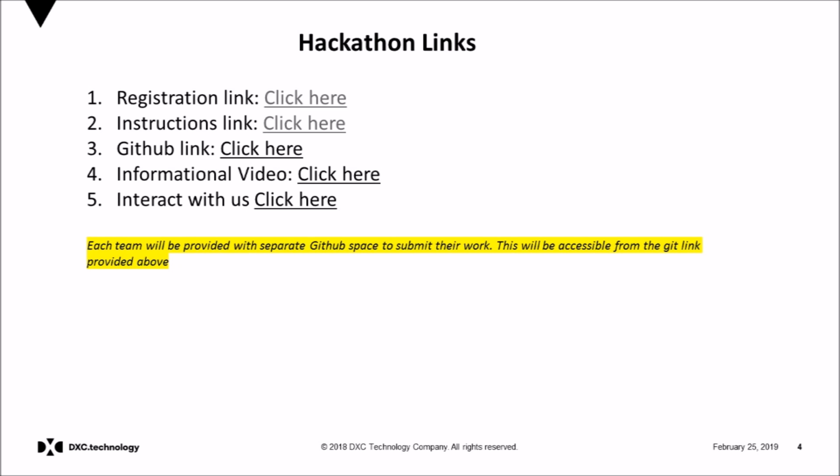These are some of the links that have been provided to you before by way of our ongoing communication with you. Important is the GitHub link, which is where you would be submitting your code, and also link number 5, which is a workplace hackathon link that we have created so that we could interact on workplace. You could put your questions here, clarifications here. We'll try to address as much and as fast as we can.